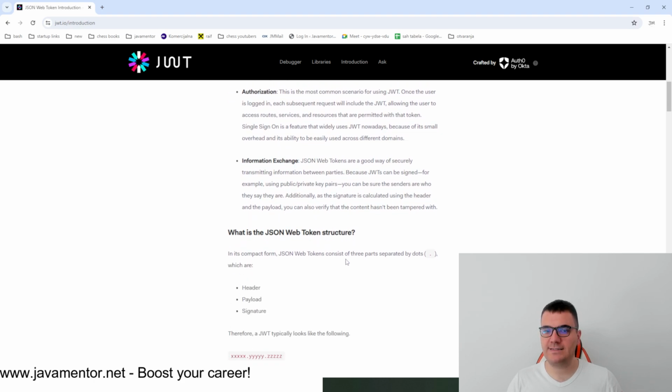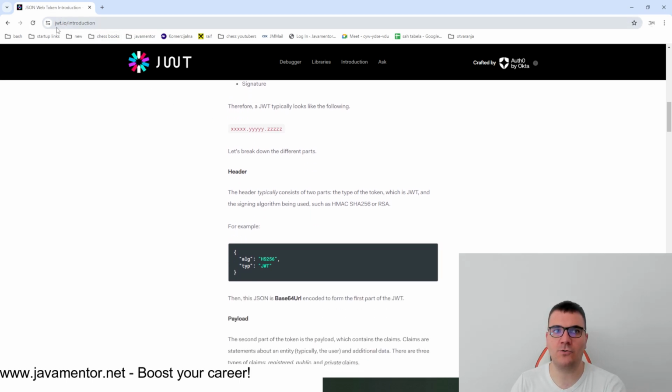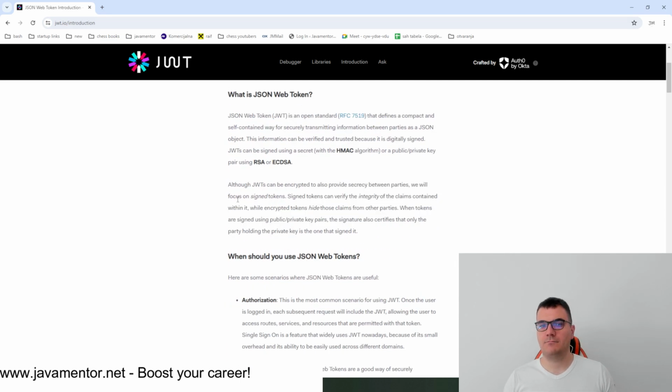JSON Web Token is basically one JSON. It has a header, payload, and signature. I won't bother you too much. You can go to jwt.io/introduction and you can find everything that you need regarding those tokens there. You can see various information there. The most important ones are that JWTs can be encrypted or signed. Encrypted means that the client will not see the content of the token. Signed tokens mean that the client can see the content of the token, but it cannot modify the content of the